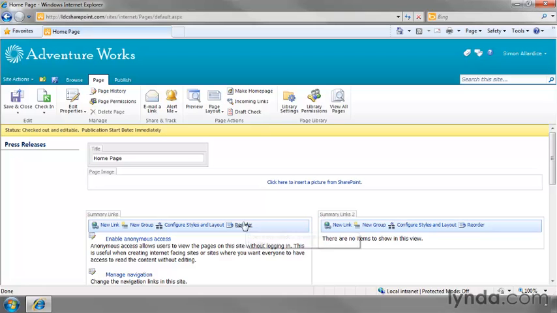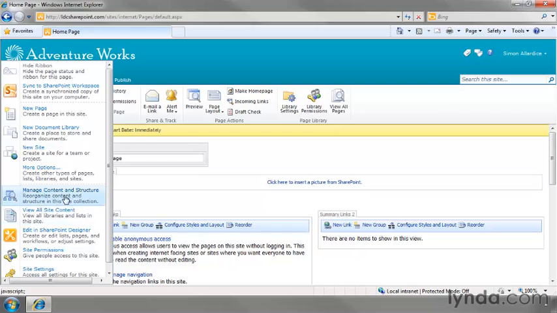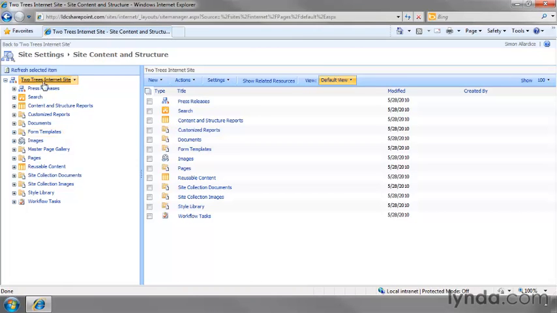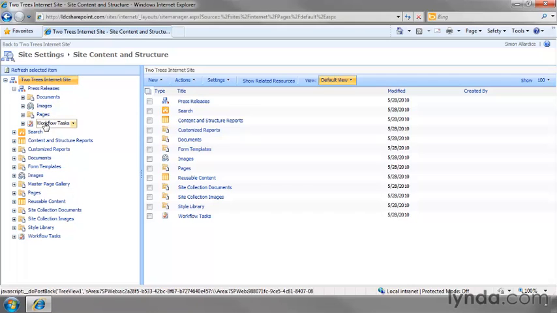The other benefit that you're getting from turning on this feature is that under Site Actions, we have a new option here called Manage Content and Structure. Now, this is a great way to look at a site collection. It gives us a tree view of the site collection itself. We're seeing the top level site, Two Trees Internet Site, a sub-site underneath it called Press Releases, which itself can be expanded into its lists and libraries, and then a whole bunch of other lists and libraries. And in fact, when publishing is turned on, you get several libraries, including things like a style library and site collection images, site collection documents, great places for you to put resources that you might be using for a large-scale